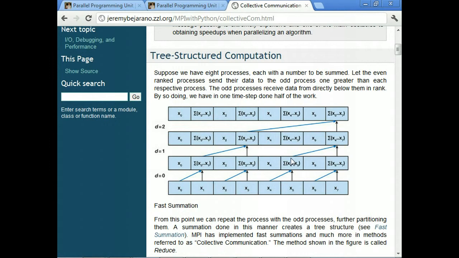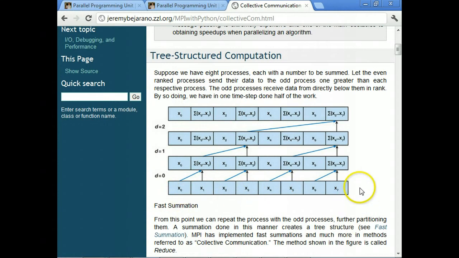If each process takes its turn sending, with n processes that's n time. Using tree-structured communication, like this one here, can reduce that to something like log n. Let me talk through this picture.